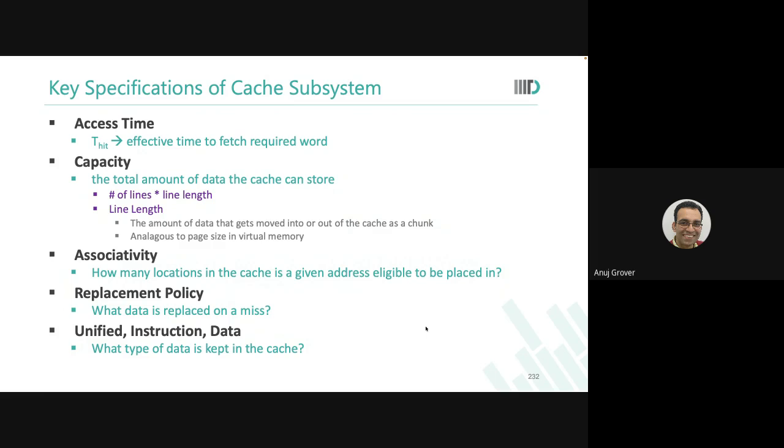Then associativity. Associativity is about जो अभी हमने पहले बात करा, कि हमने कहा कि कोई भी एड्रेस कहीं भी लिखा जा सकता है. Any address can be written into any location. So you need a content addressable memory to even identify where my address has been written. Another way to say it is, okay, I will check the last 10 address bits, and wherever those last 10 bits tell me, that is the only location I have to write my contents.